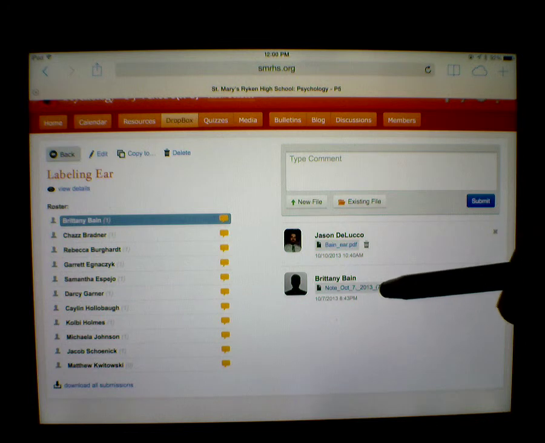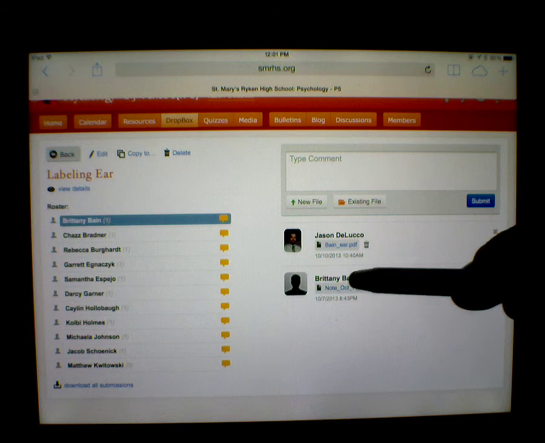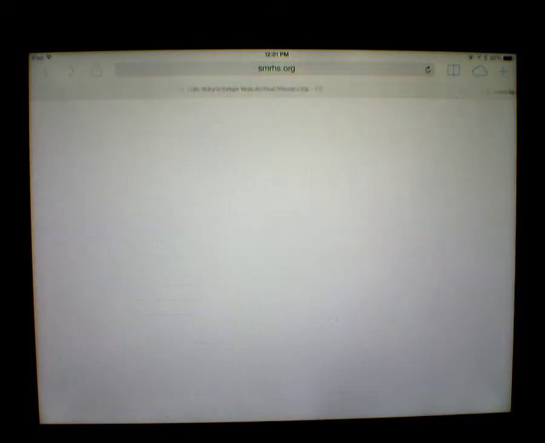This, underneath Brittany, is the PDF that she turned in. She actually uploaded a file. My suggestion is we really encourage and teach these students how to upload a file, the process of uploading a file. It makes the actual grading so much faster. So we're going to go through that. Since she uploaded this file, I'm going to go ahead and click on it